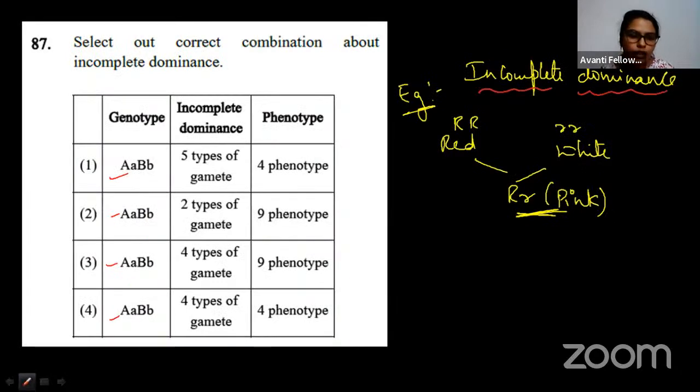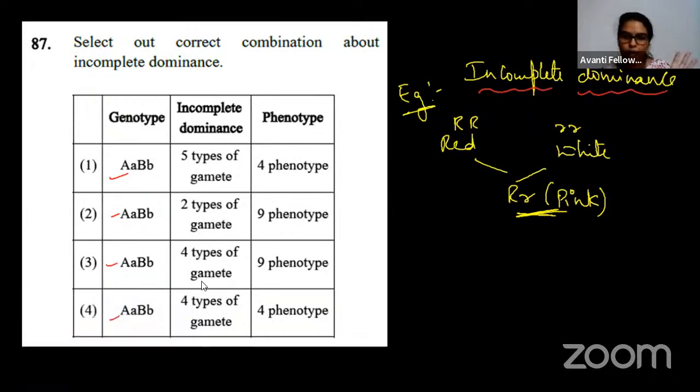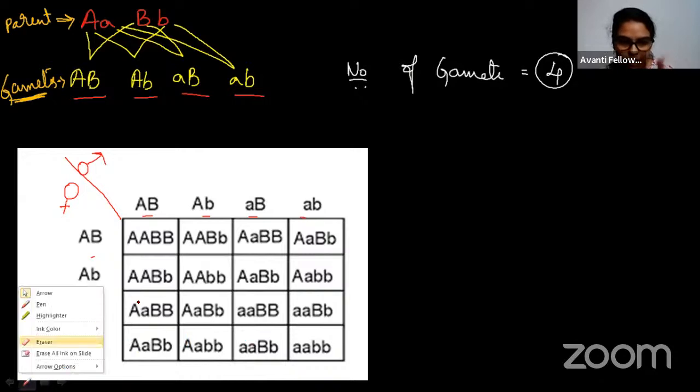तो here what we can do, यहाँ पे हम क्या कर सकते हैं? इन दोनों को कैंसिल कर दो. क्यों? क्योंकि यहाँ पे दिया है 4 टाइप ऑफ गैमेट्स, तो इन दोनों में एक कैरेक्टर है. नाउ व्हाट वी हैव टू लुक, वी हैव टू लुक द फिनोटाइप. ठीक है, फिनोटाइप देखना है, तो उस फिनोटाइप में आइदर 9 फिनोटाइप है या 4 फिनोटाइप. So that we will look here in this diagram.